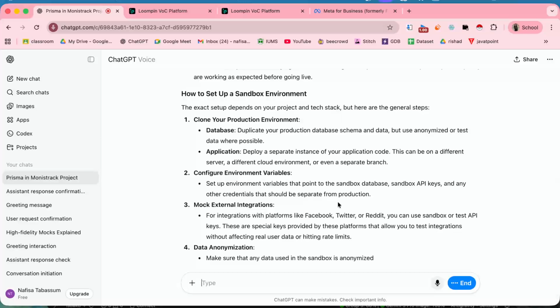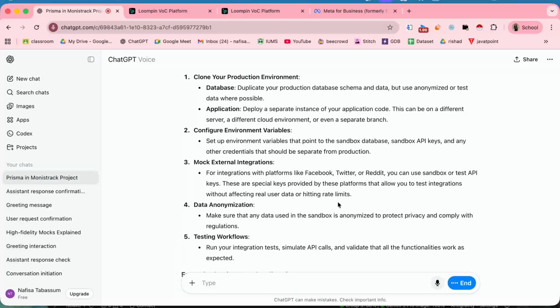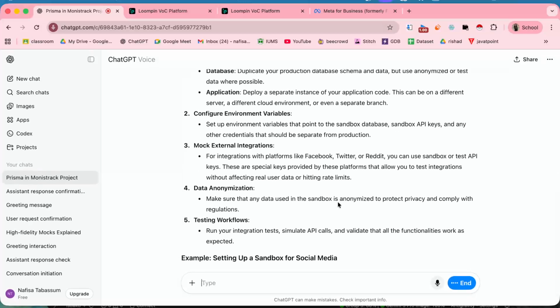Four, data anonymization. Make sure that any data used in the sandbox is anonymized to protect privacy and comply with regulations. Five, testing workflows. Run your integration tests, simulate API calls, and validate that all the functionalities work as expected. An example is setting up a